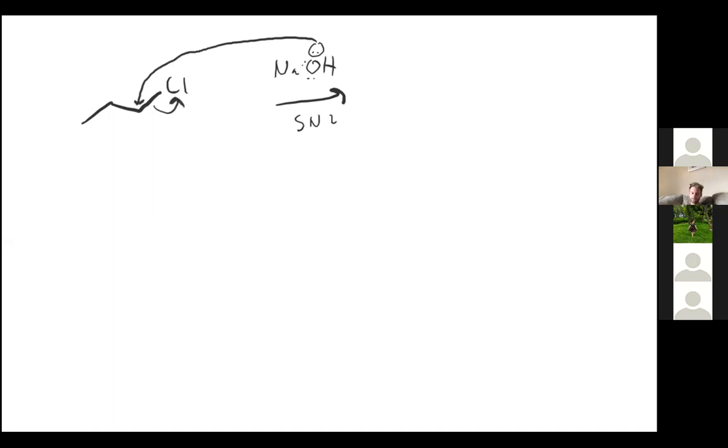Kick out this fluorine to make an alcohol. So pretty simple reaction. We can also do an SN1 version of this. So if we had a tertiary, and we instead throw in water,